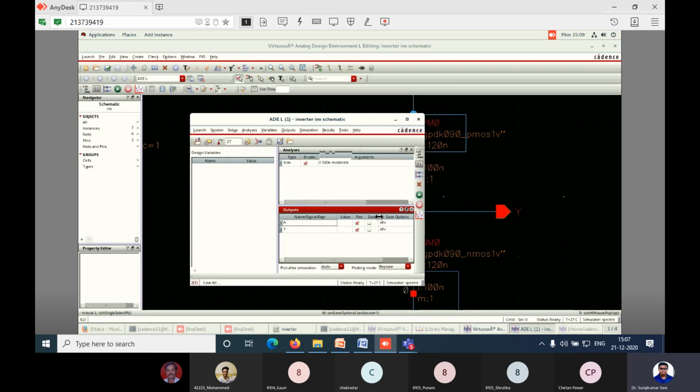All of you done? I am cross checking all the windows. Okay, 1, 2, 3, 4, 5. So done? Yes, sir. Apply, OK. What we've done, we have saved our transient, right? Now again run it from this window, or you can go from result, or you can go from simulation, netlist and run.